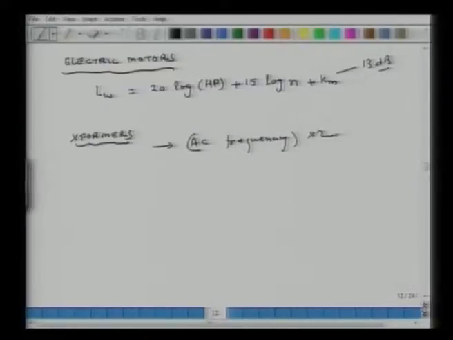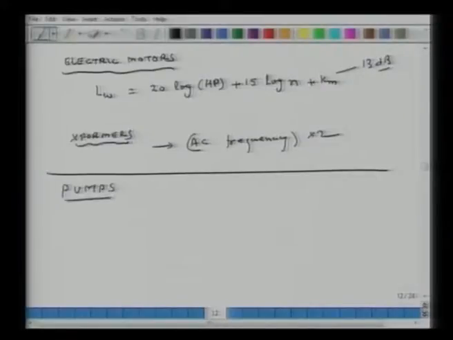Into 2. Okay. Pumps. So the fundamental frequency of a pump is N, where N is the RPM, and a lot of these pumps, water pumps or fluid pumps, have pressure chambers. So, whatever number of pressure chamber cycles they have in each revolution. So, N times Nc over 60, and for this, Lw is 10 log.